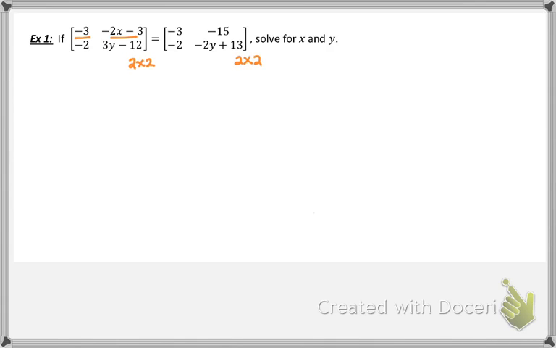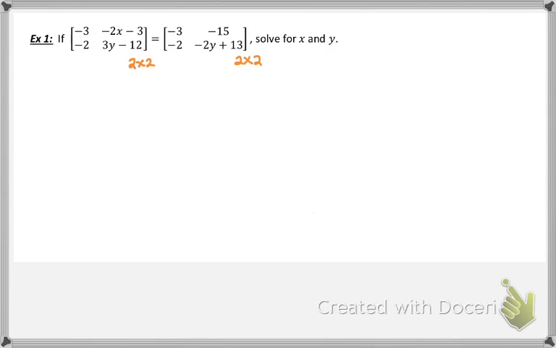So 2 entries in a first row, 2 entries in a second row, and the dimensions are the same. So if I have two matrices that are equal to each other, then their corresponding elements must also be equal, right? The element in the first row, first column, they're both -3 because they're equal, so each element should be equal. And then in the first row, second column,